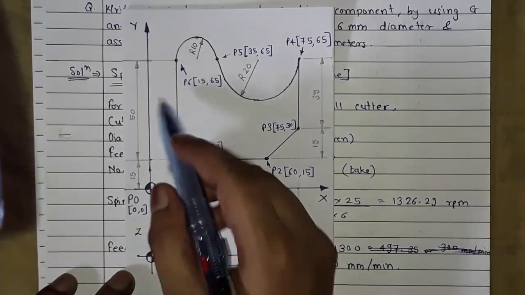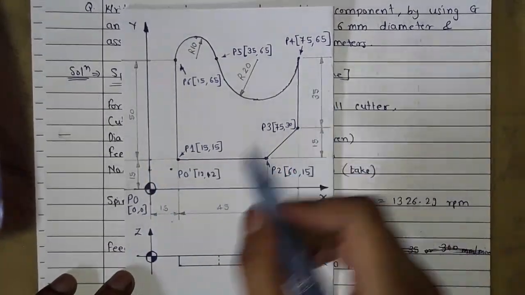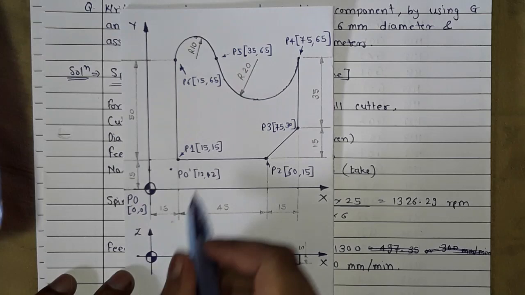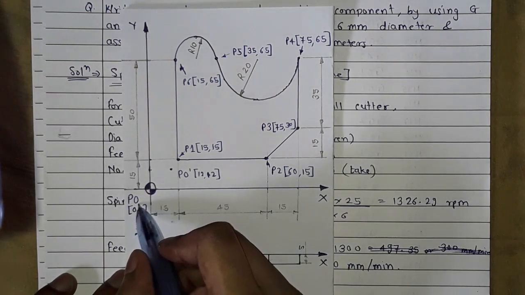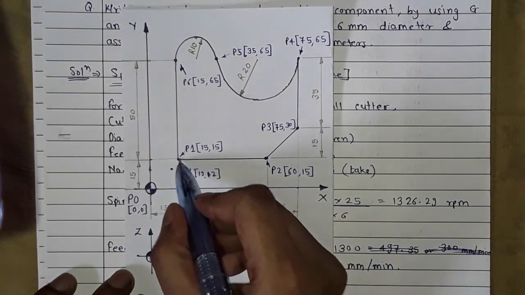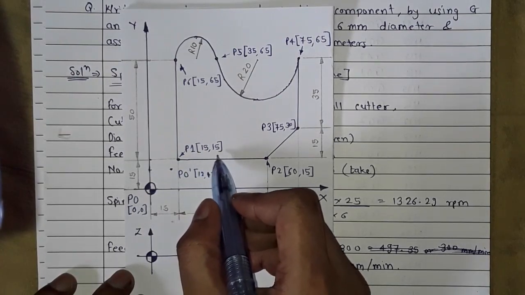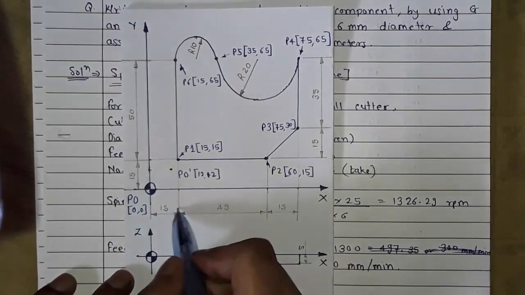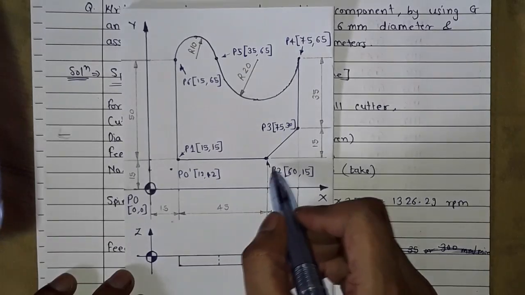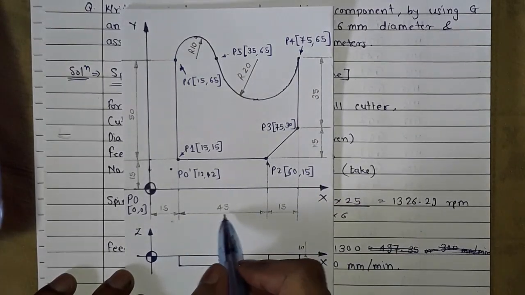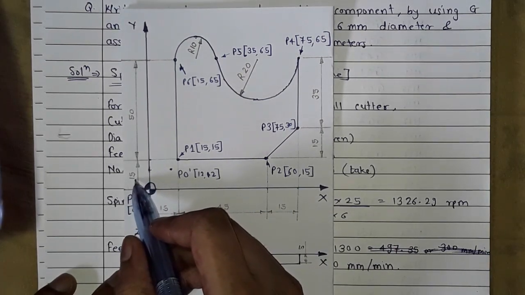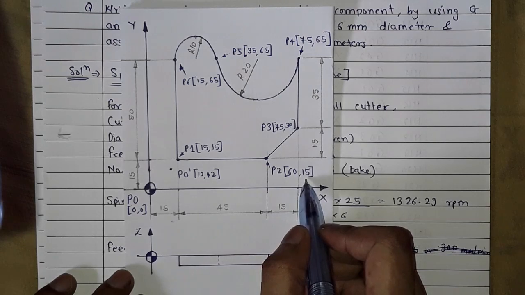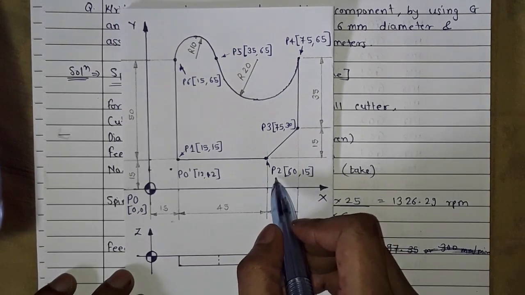Here friends, these are all the dimensions of these parts and these are the points. This is the origin which has 0, 0 coordinates, point P0. This is P1 point which has coordinates 15 comma 15, as we can see here. Similarly, P2 has x equal to 45 plus 15, that is 60, and y is 15, so 60 comma 15 is the coordinates of point P2.